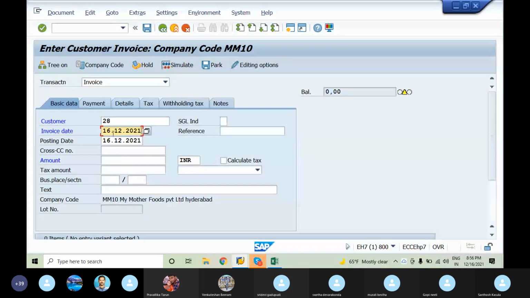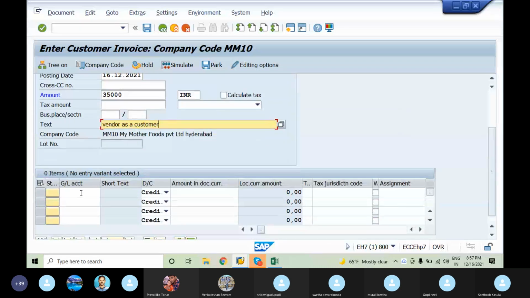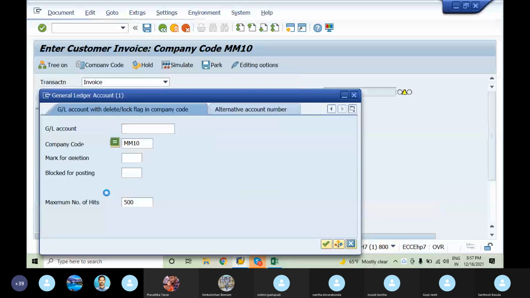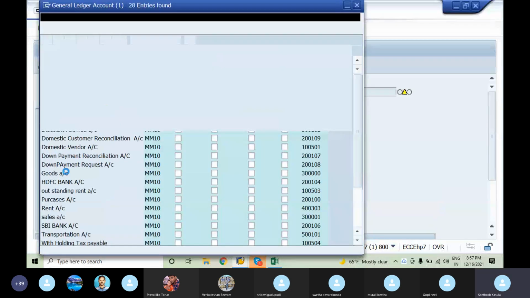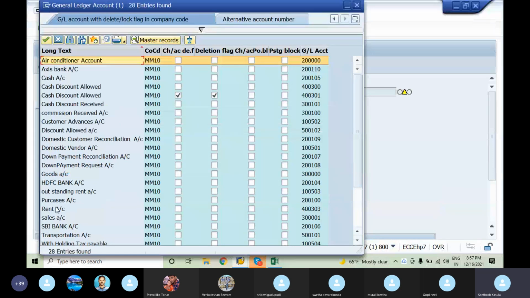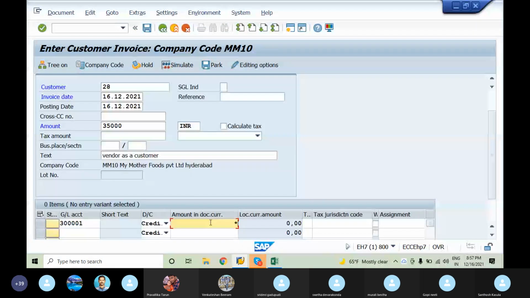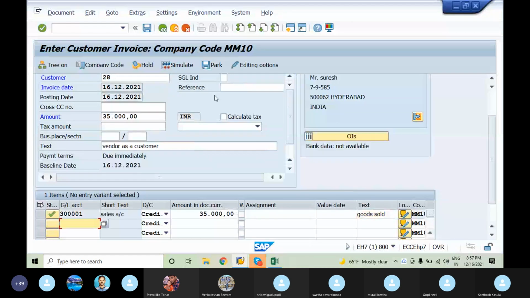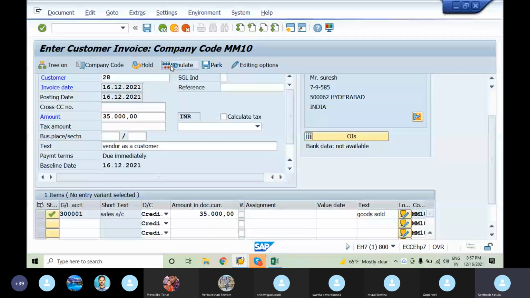It goes to the sales account. Simulate, done, and post.